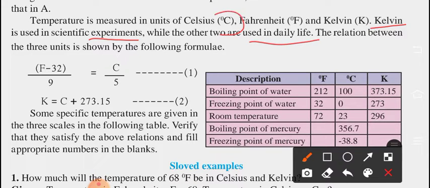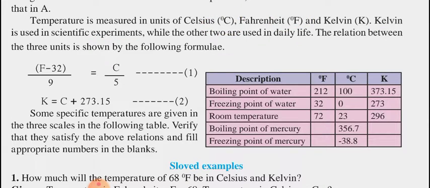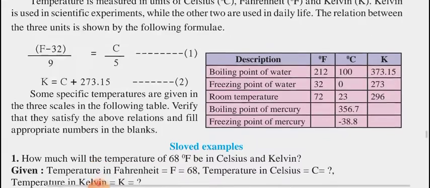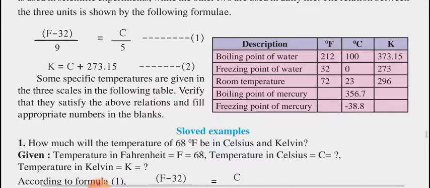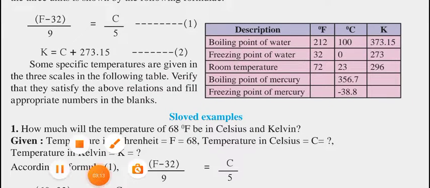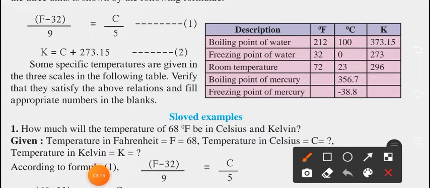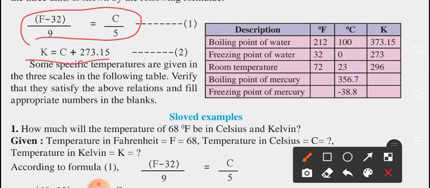If you want to measure the temperature of water or humidity and so on, you can measure it in degrees Celsius, and body temperature you can measure with Fahrenheit. If you go to the doctor and check your body temperature, it is in Fahrenheit. So among these three, Fahrenheit, Celsius and Kelvin, there is a relation, and the relation is this. You can observe here the Fahrenheit-Celsius relation, and this is the relation of Kelvin.